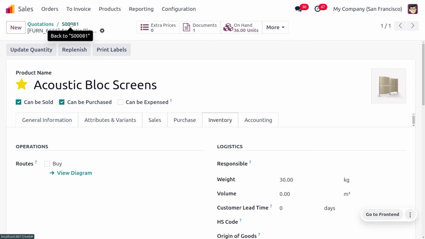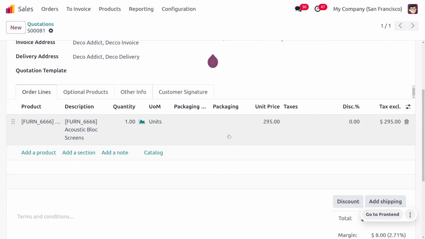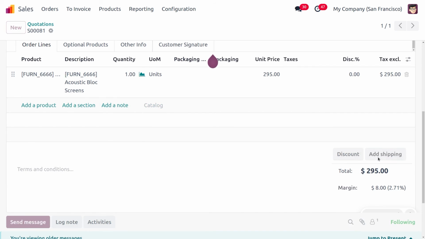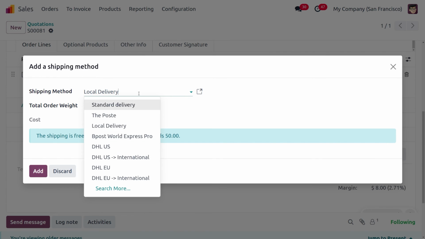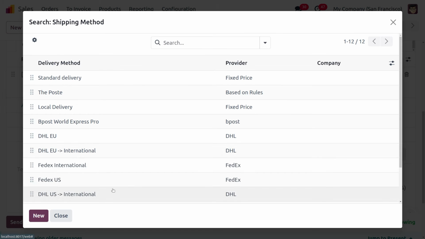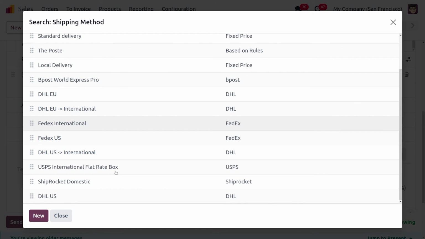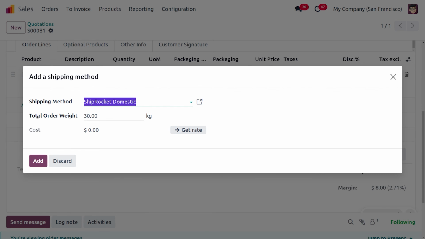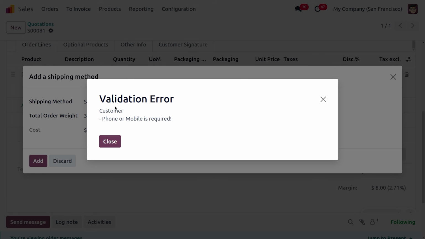Later on, you can calculate the shipping price. Here you can add the shipping method, which is Shiprocket. Here you will be able to find Shiprocket Domestic, and you can see the total weight over here. Now it won't be possible to get the rate over here, because we don't have enough credits. If you click on Get Rate over here, you will get a validation error,